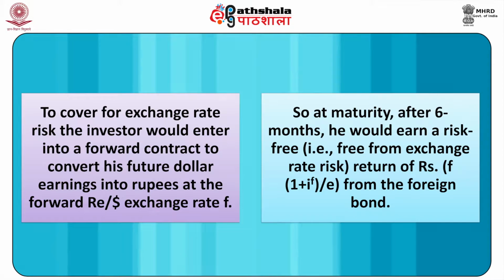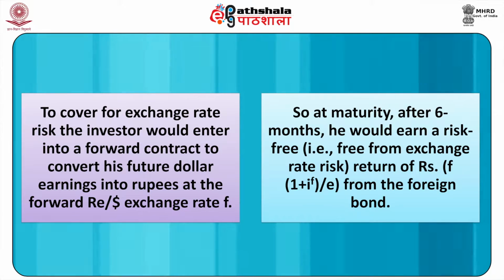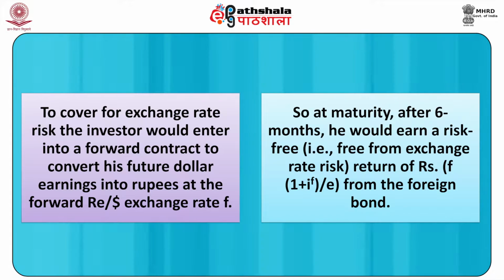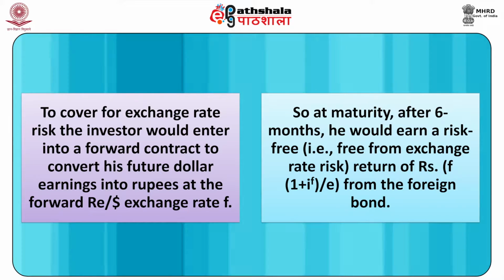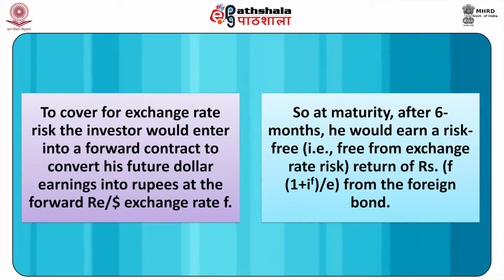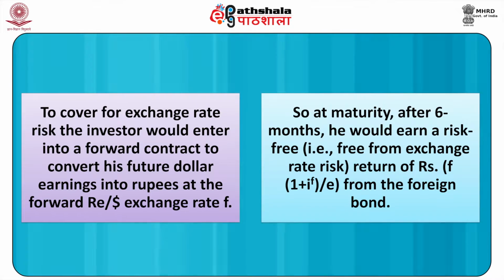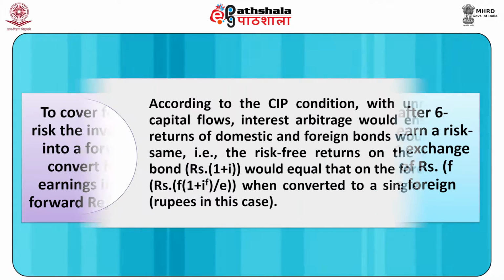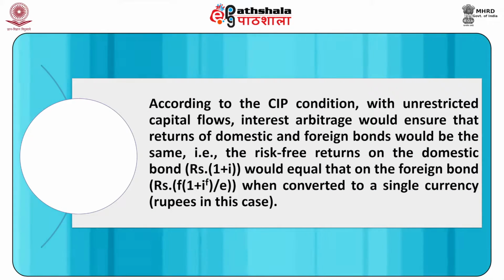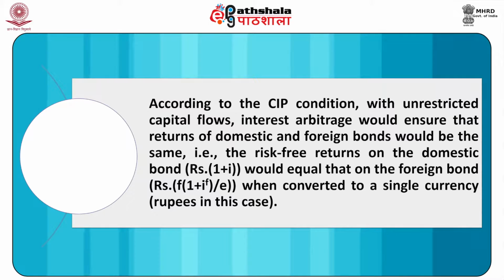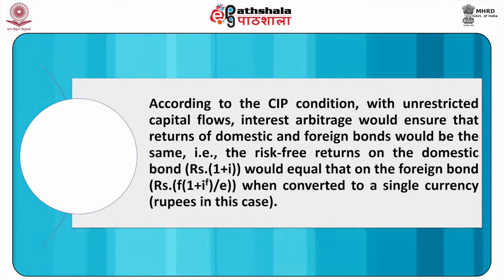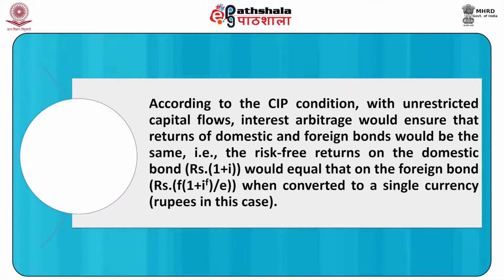So at maturity, after 6 months, he would earn a risk-free return, that is, free from exchange rate risk, of rupees F multiplied by (1 + i^f)/E from the foreign bond. According to the CIP condition, with unrestricted capital flows, interest arbitrage would ensure that the returns of the domestic and foreign bonds